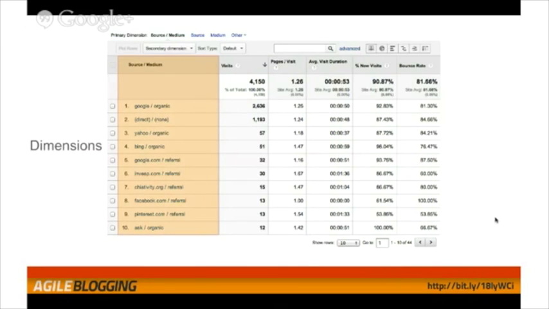The first, along this left-hand side, are the dimensions. Now, when we talk about a dimension in the context of analytics, what we really mean is anything that you need a word to describe. In this case, the source, where did the traffic come from, the medium, which is kind of a general category for